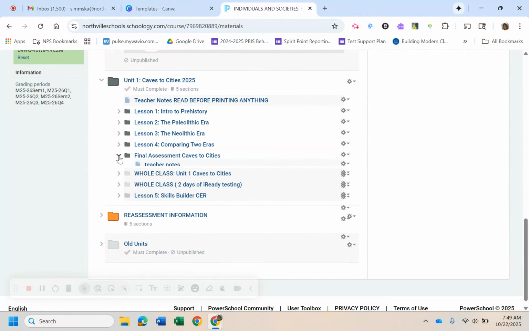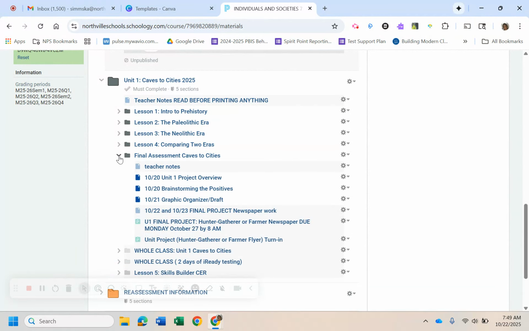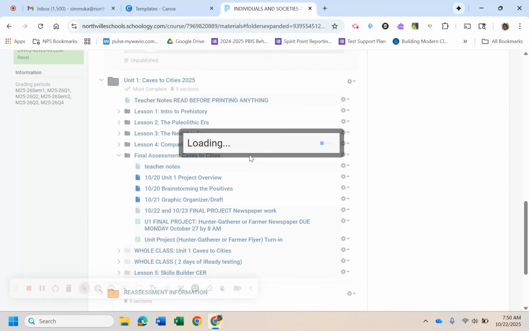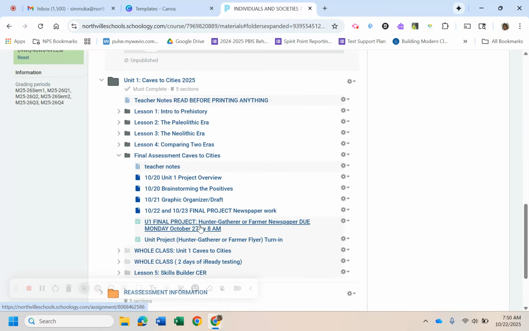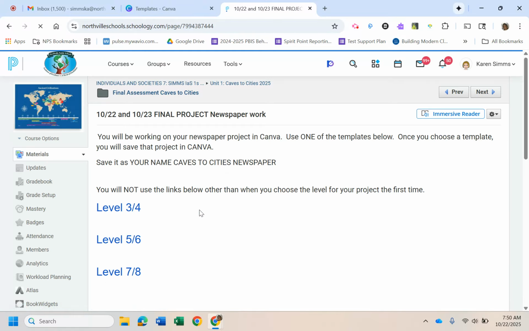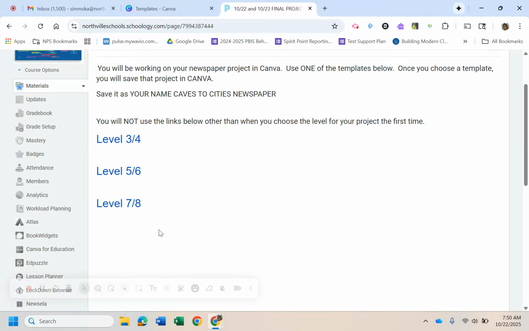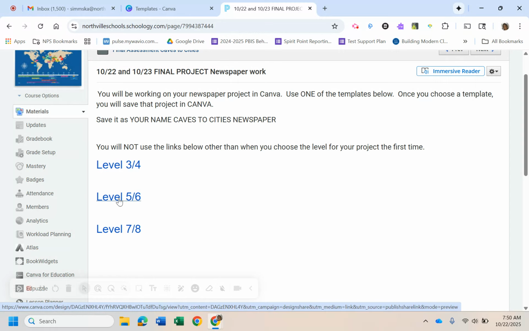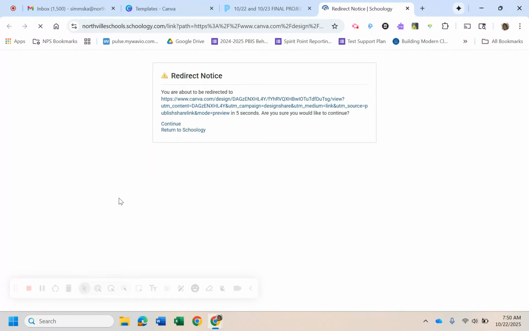So click on your final assessment. You're going to go to Final Project, Newspaper Work, right here, 1022 and 1023. Click on this. And then you're going to choose one of these levels. So whatever level you're trying to go for, you pick. And you're only going to use this link once. So I'm just going to go with a 5-6 just to show you how to do it. So I click a level 5-6,